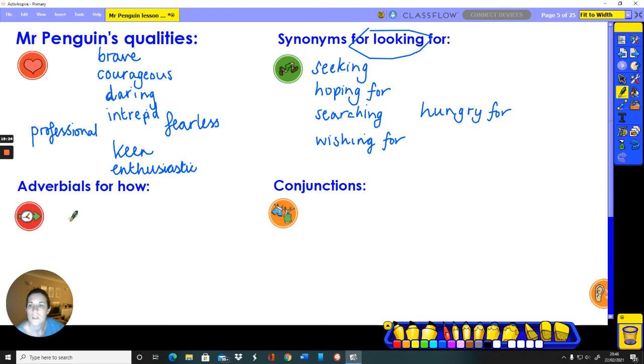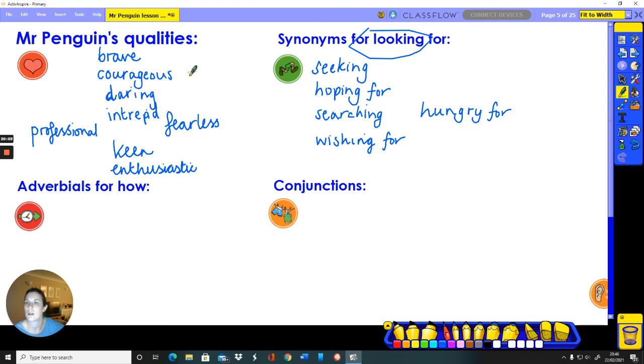Penguin. So over here now, so down in your bottom left hand box, you're going to think about words and phrases, it doesn't have to be just a word, for how he would do it. So for example, he might do it with the help of his friend Colin. He might be hungry for adventure. That tells me how he's going to do it. Or he might be doing it with bravery, with the bravery of a lion, maybe. Maybe he is